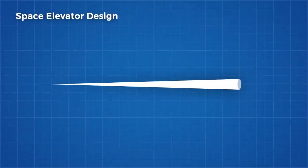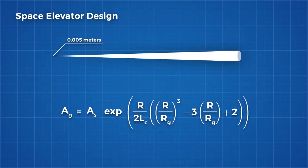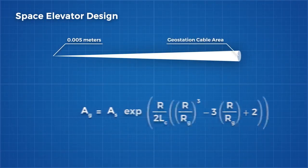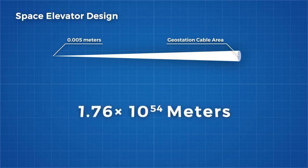I'm going to assume a circular area 5 millimeters in diameter at the base. By multiplying the cross-sectional area at the bottom by the taper ratio, we find the cable's widest point. For steel, this taper ratio is so huge that our cable at its widest point will be this number, whatever